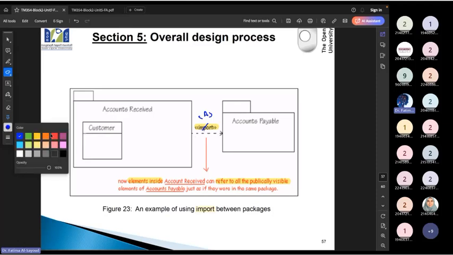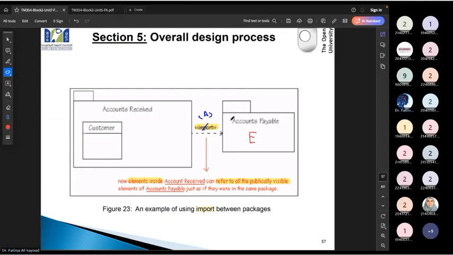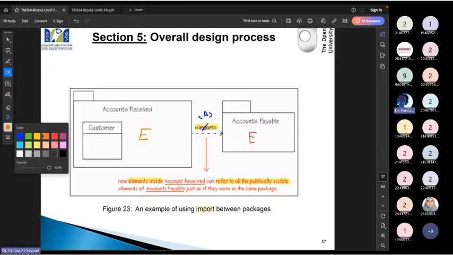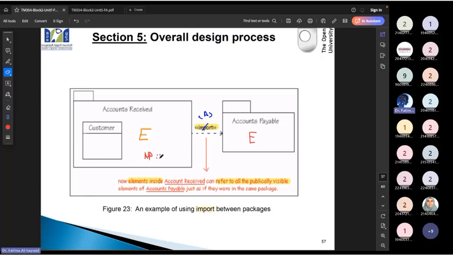Here, your sister said you can use my book, but whenever you use it, I'm supposed to have my name on it. So if you have the same book, you have an E, the software engineering book, and now you need to use it. You don't bring it all directly. What are you going to do? You're going to put the accounts payable, the name of the package, and then a colon, and then an E. So now, yes, we have the same name, but now I know this belongs to my sister and this is mine, which is E.